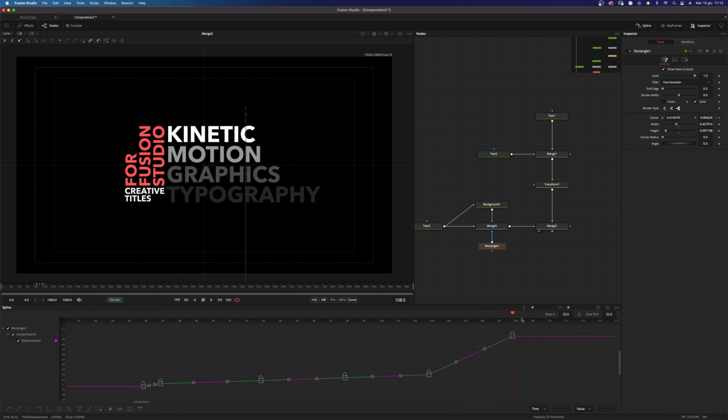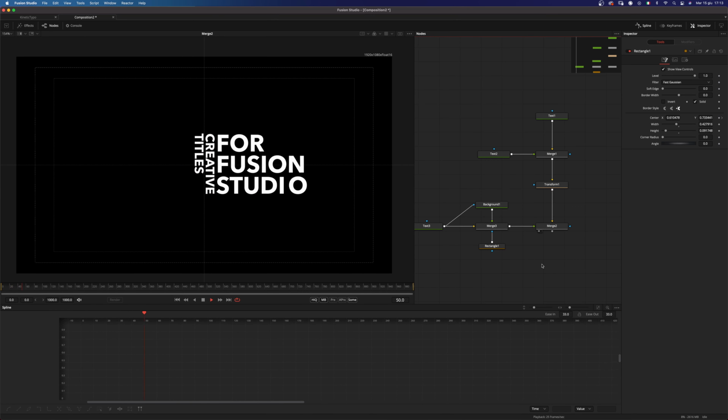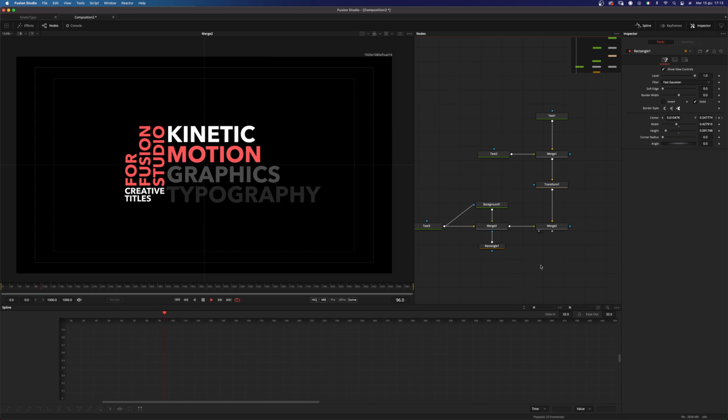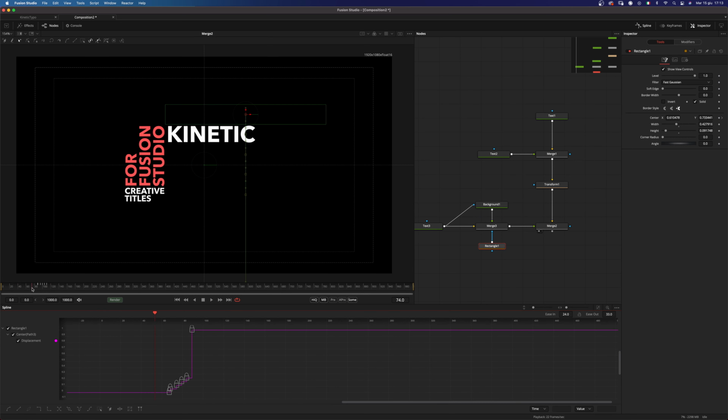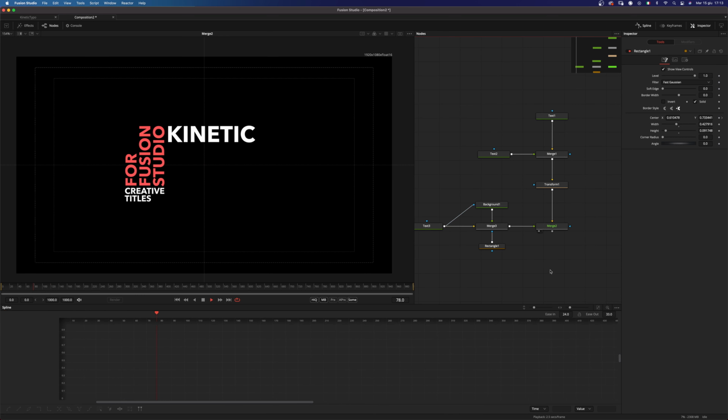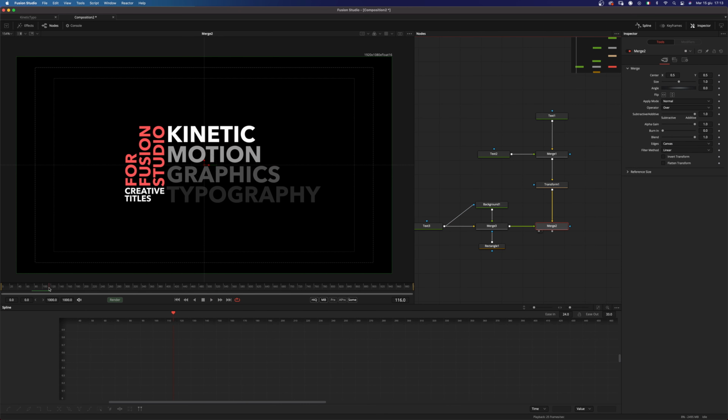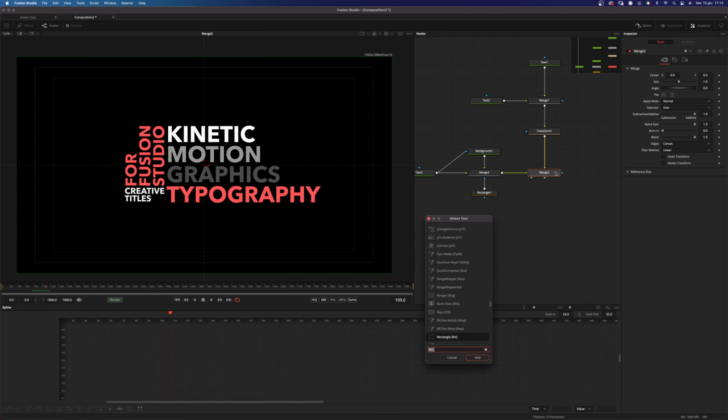I now select all the keyframes and press the I key on my keyboard for a step interpolation. And this is the result. I think this could happen a little bit later, so let's shift this by like 2 frames. Yeah. And as soon as 1 frame before the red disappears, I want to add a